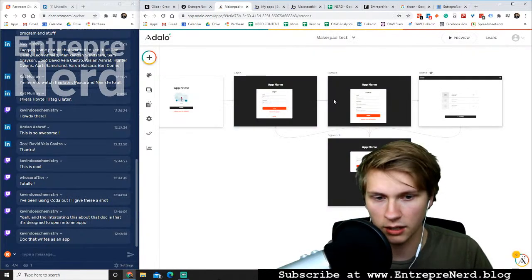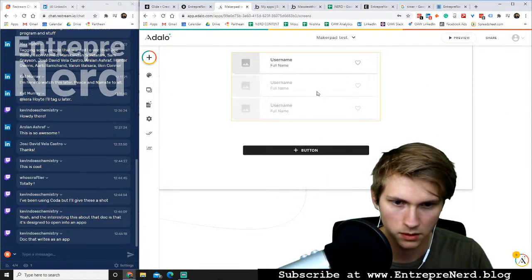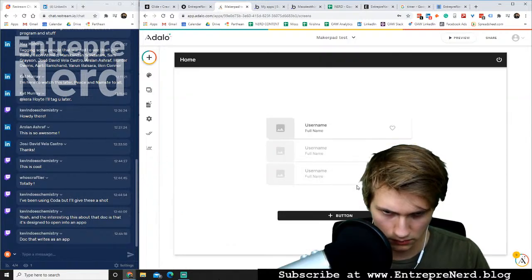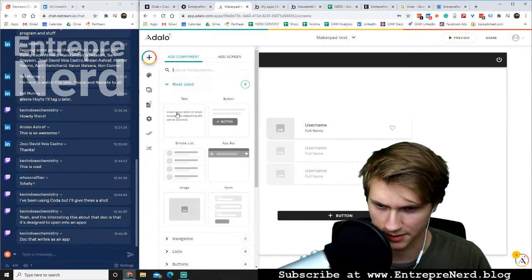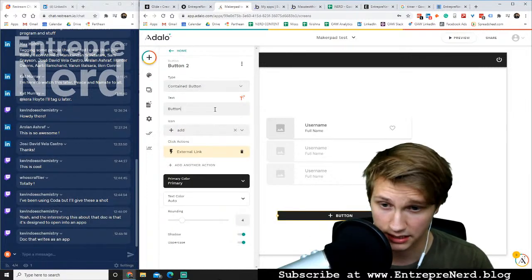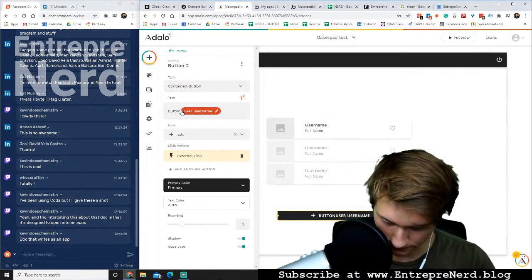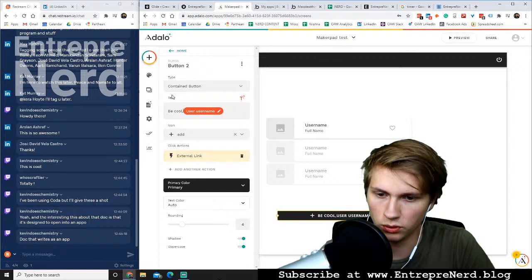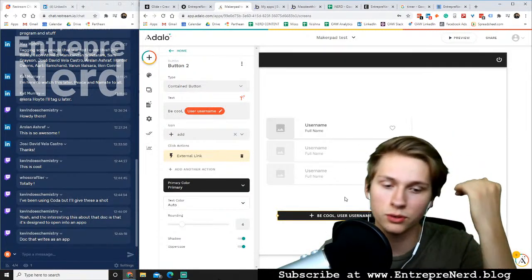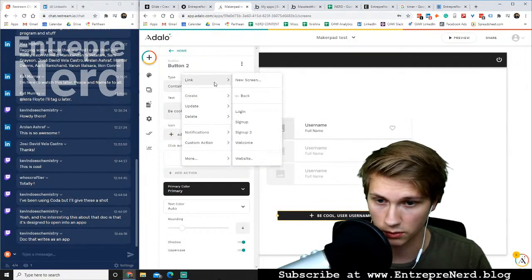Because with Adalo, right? If I log in, it's only going to show my information, right? Here, let me show you an example. Let's go into here. I'm going to add some custom information. Let's say this button, right? This button text will have the logged in user's username, right? And it can actually customize that to the individual, right? And so if the individual comes here, it's always going to be their username, and it could go to, instead of an external link, it could go to their